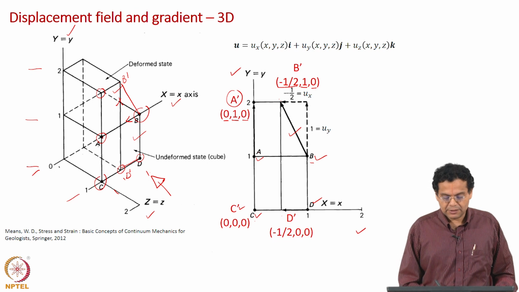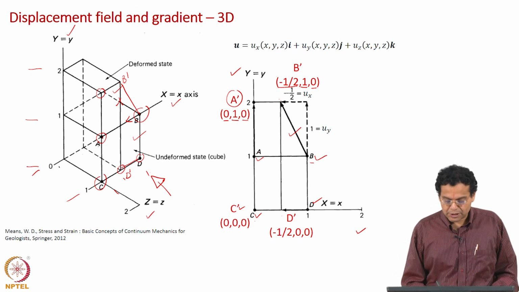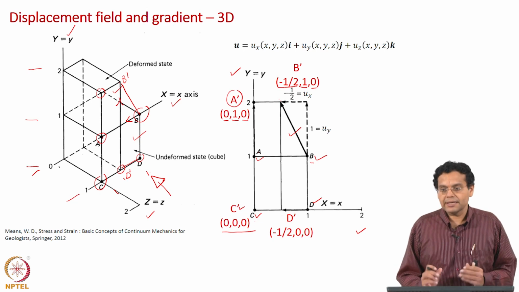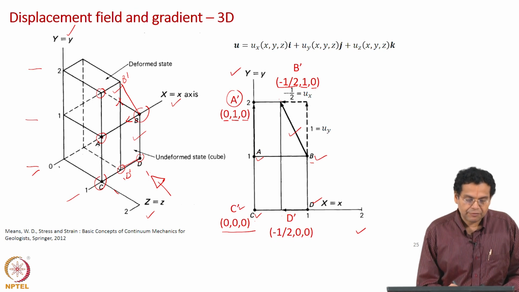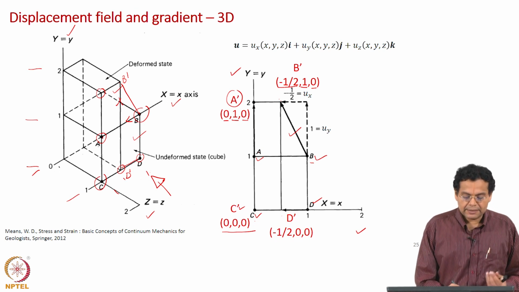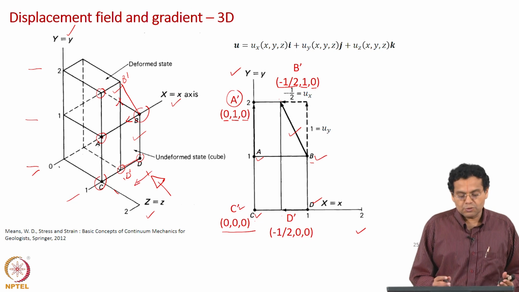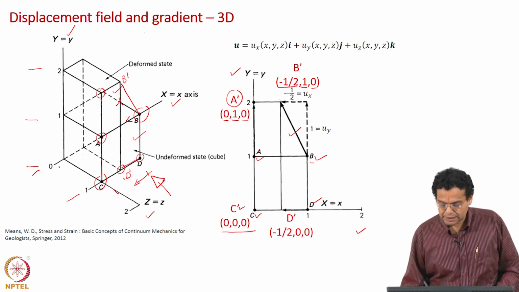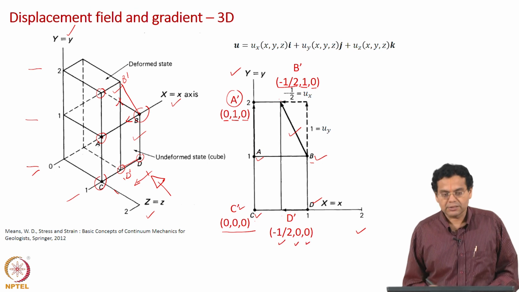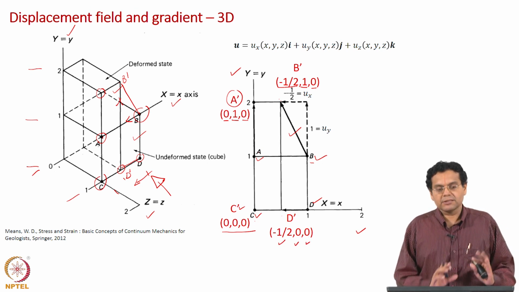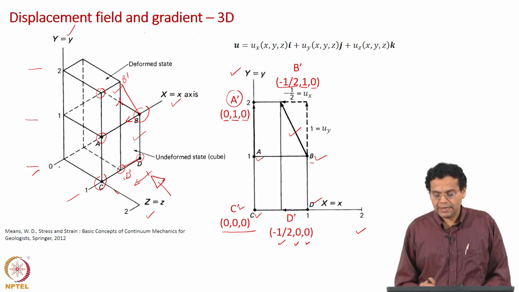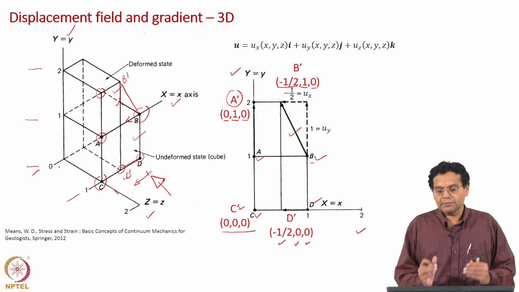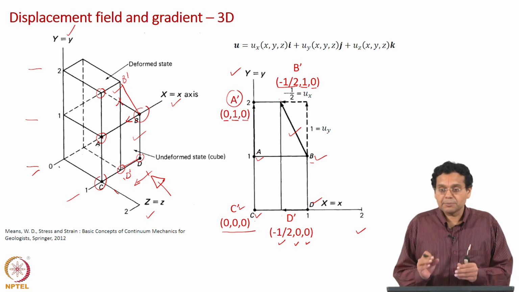Now, coming to C dash, no movement at all. So displacement is 0 along all the 3 directions. Coming to D dash, it has moved by half a unit in the negative x direction, and there is no movement along the y axis or z axis, and that is why minus half, 0 and then 0. Okay. So we have shown a 3 dimensional geometry, initial configuration, final configuration. We have shown one view of that, the particles A, B, C, D, initial position, final position, arrow marks going from initial to final position, and the displacements of the particles as well.